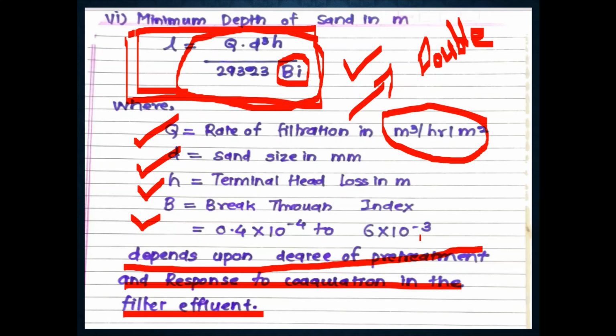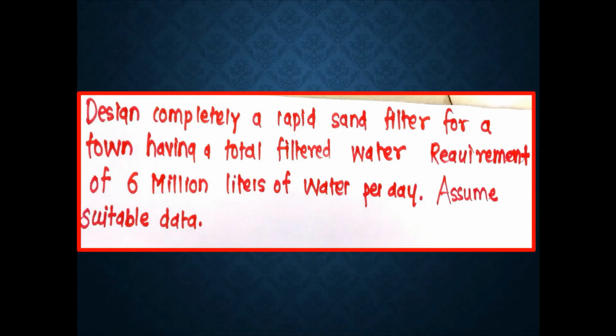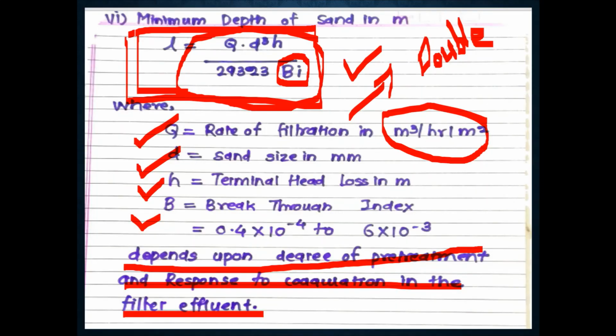And this formula we have to use, and we have to calculate the corresponding minimum depth of the sand, and we have to cross check that our assumption is correct or wrong. Then we will arrive that our calculations are correct with respect to the depth of the sand. Now all the things we have calculated, and in the last step also we have seen estimation of thickness of sand bed.